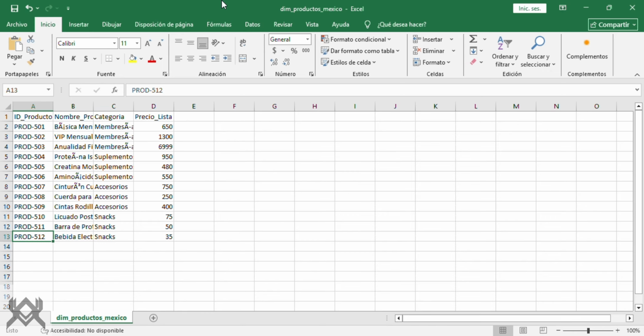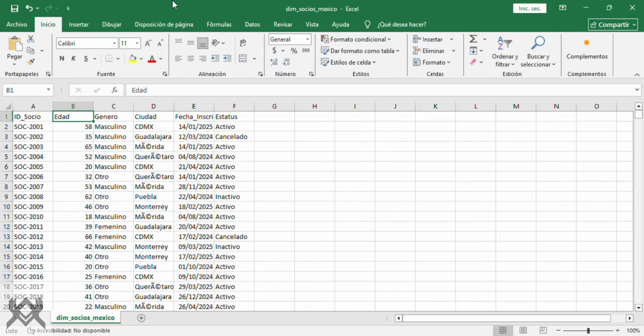Okay, and now I am going to go to another CSV file. Okay, now here we are in another CSV file that Gemini generated. In this case, if you see the columns ID pattern, age, gender, city, inscription date, and status, we need to validate this format and transform the format.